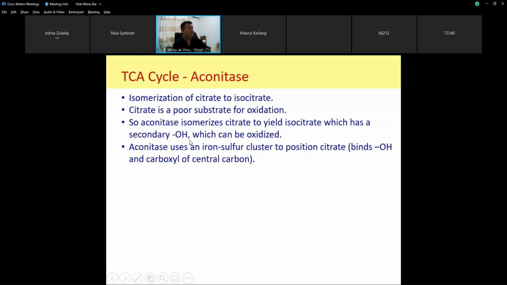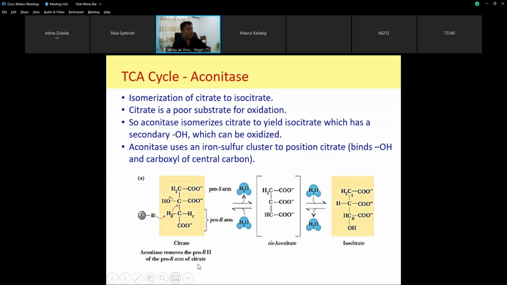So between citrate and isocitrate, there is actually an intermediate. Now this intermediate is produced firstly because citrate is a very poor substrate for oxidation. It means it has to be